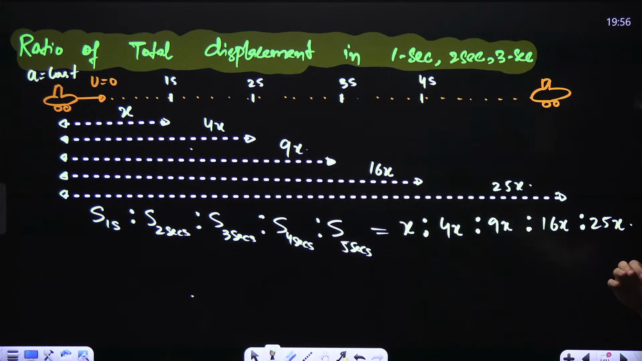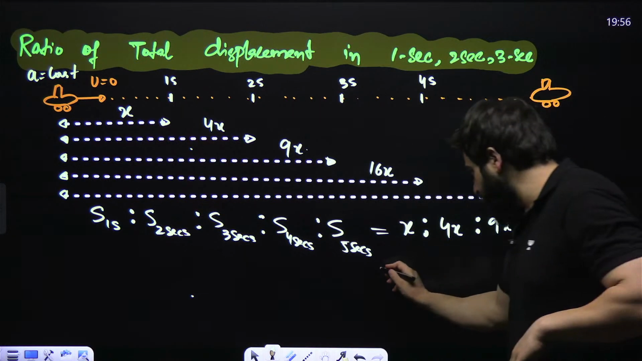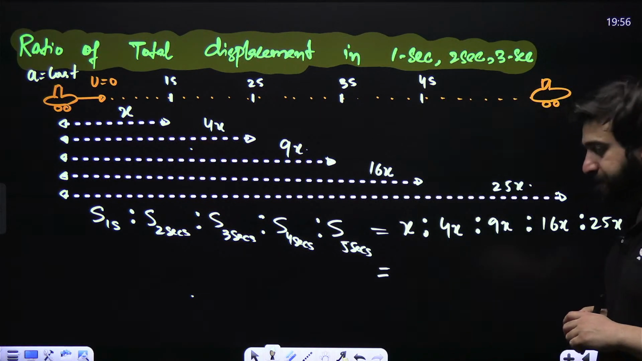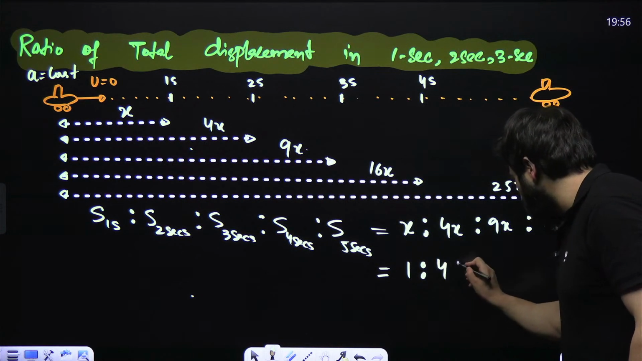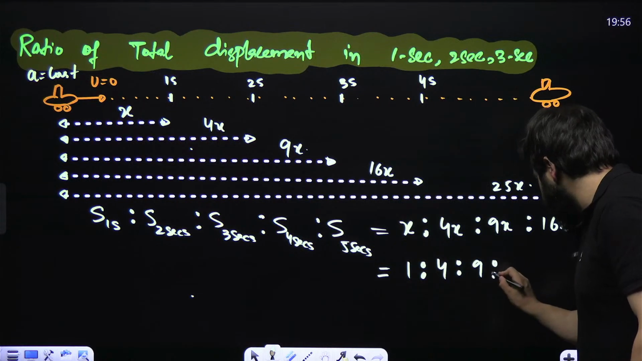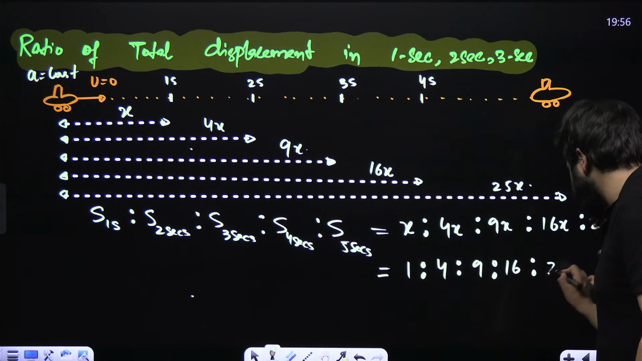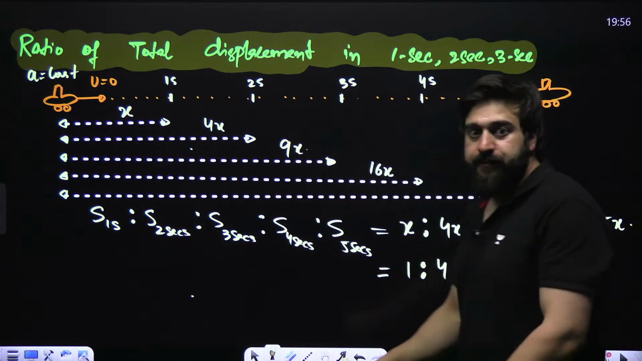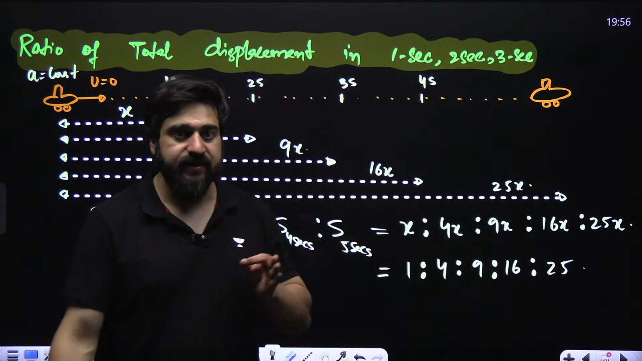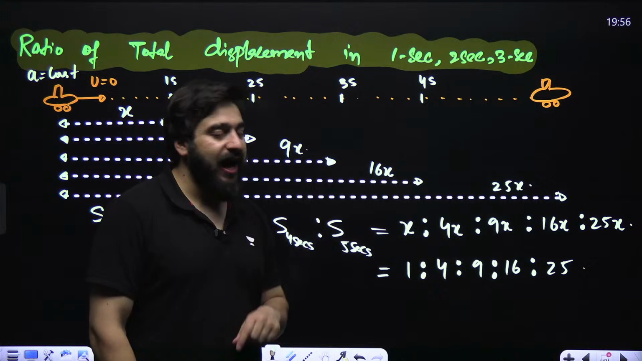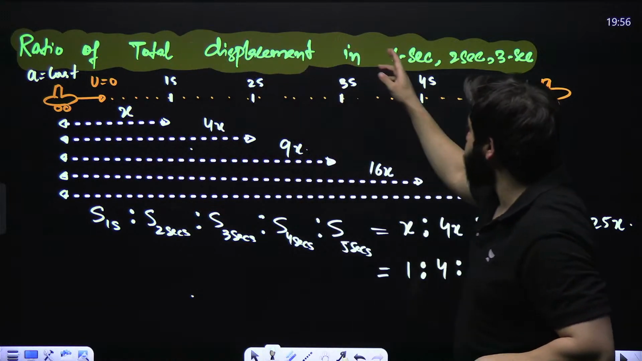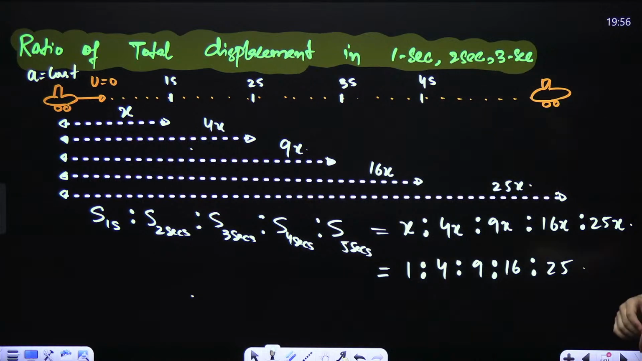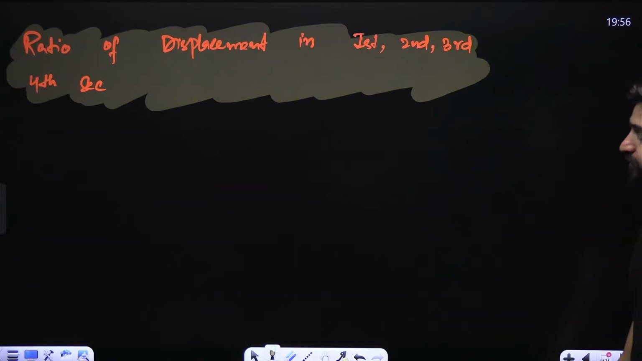Yes, 110%. Now, my dear friends, can I say, sir, we can say this is 1 is to 4 is to 9 is to 16 is to 25 and so on. This is basically the ratio that we have in this particular case. That's what we call the ratio of total displacements in 1 second, 2 seconds, 3 seconds, and so on. x is to 4x, 9x, 16x, 25x. Next we have